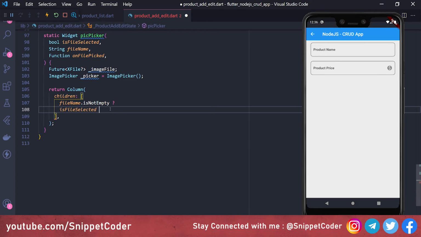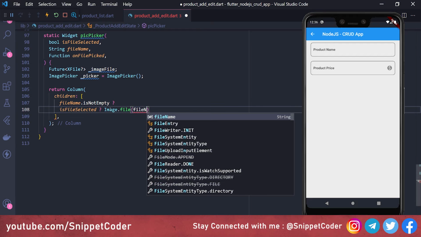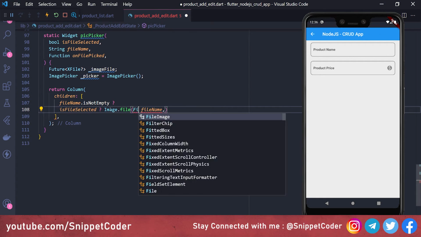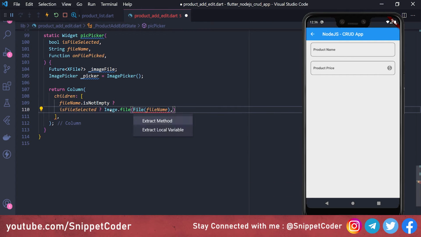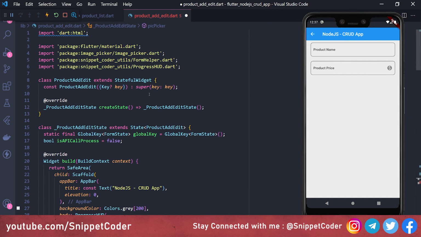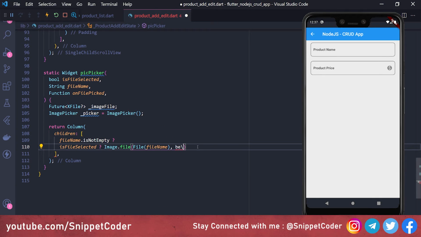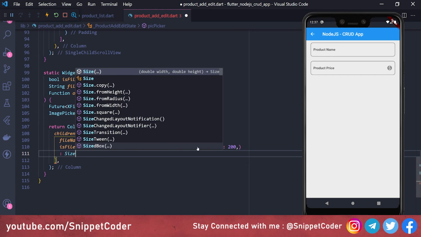That means a new file has been selected from the picker. Then we will show here Image.file, and we will pass here fileName, and here we have the width, and here we have to use File object, and here we have to import dart:io, and here we will put height 200, width 200,